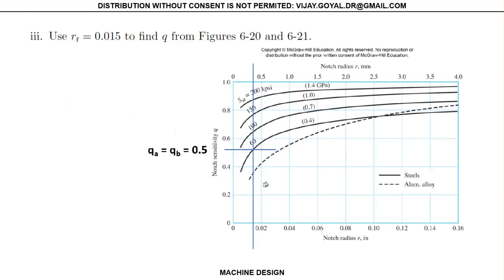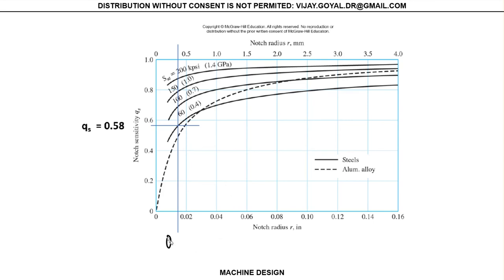So since that is 60, and this is 0.015, but this is r, and roughly this is approximately 0.5. And then here this is 0.0115, again goes to 60, and I found this is just about 0.58. It's a good guess estimate and it's acceptable. Okay,